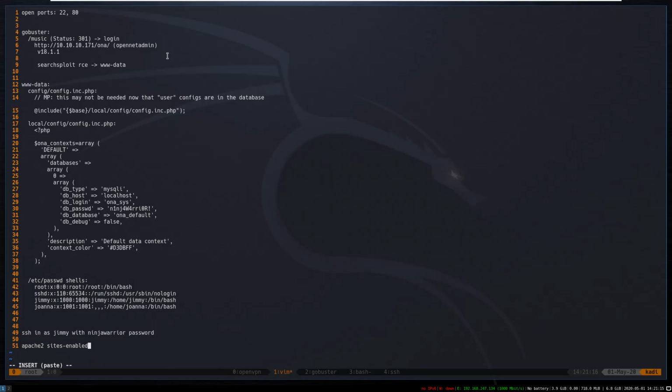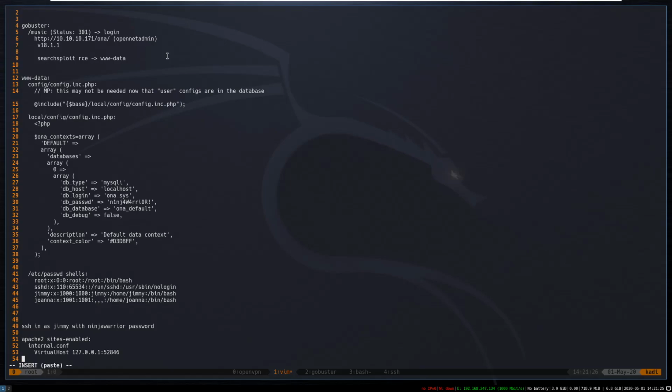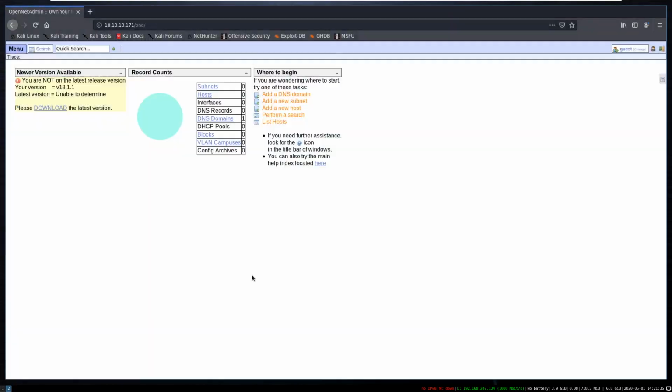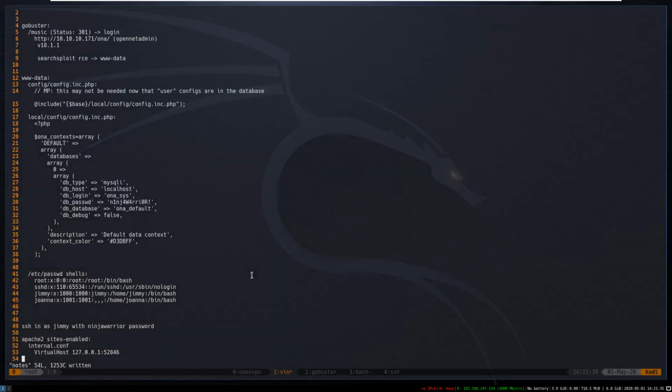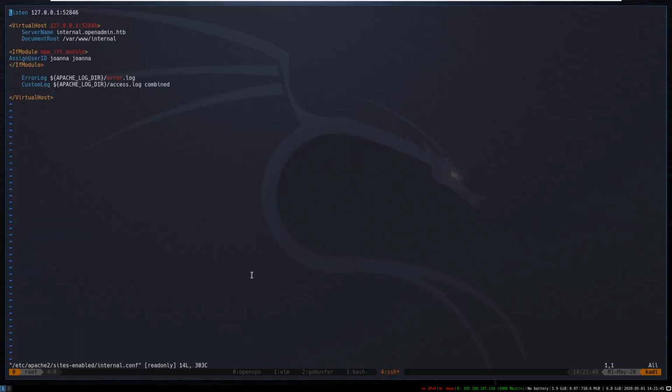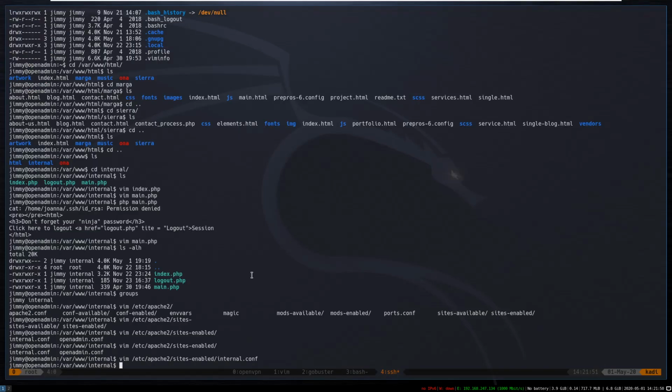Sites enabled, we had the internal conf. Okay, and so if we were to curl this, it might allow us to execute that code. We want the shell, which is here. So if we were to curl this,